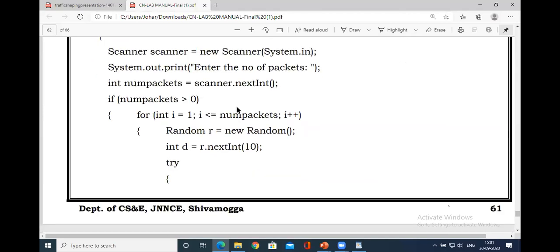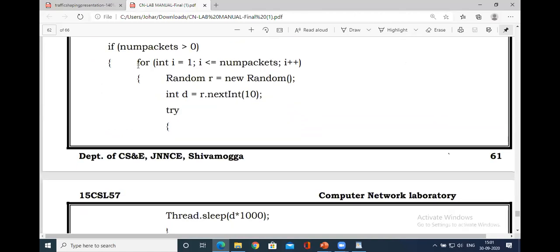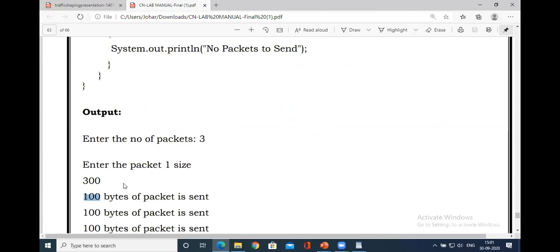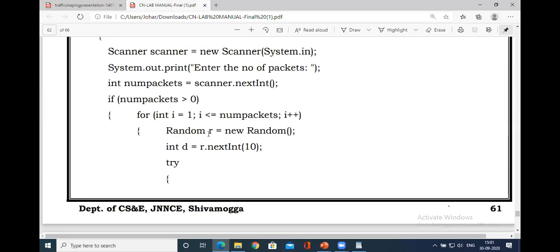So coming to the main function, you could see if the number of packets is greater than 0, for individual case, that is the packet number 1, i equals 1, case number 1. For this case of 300, this loop will execute.